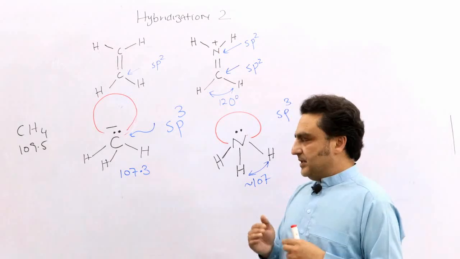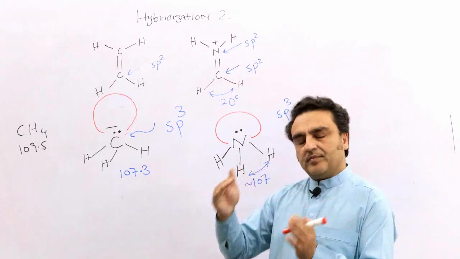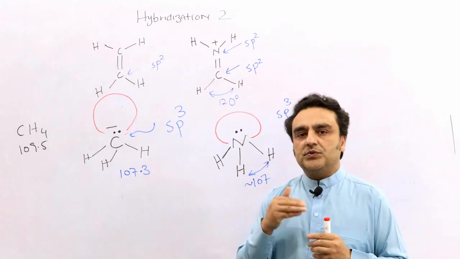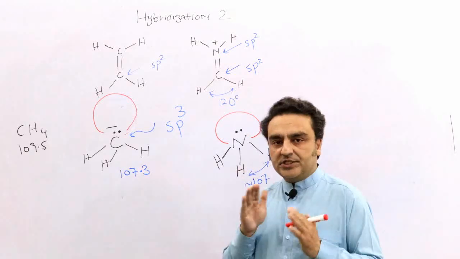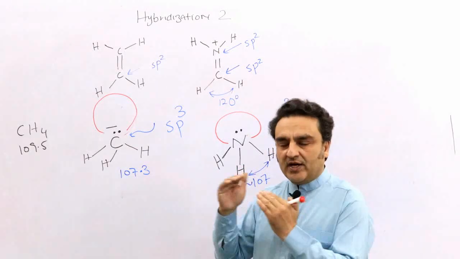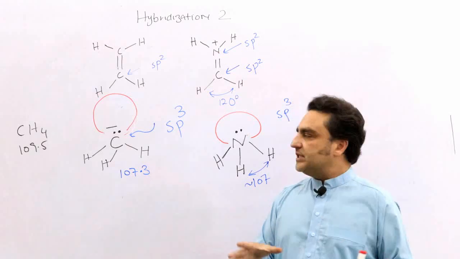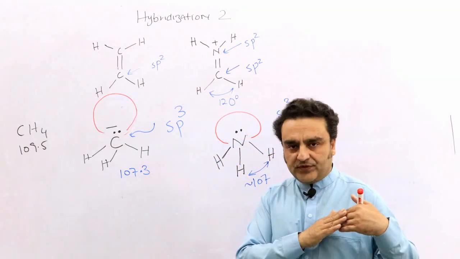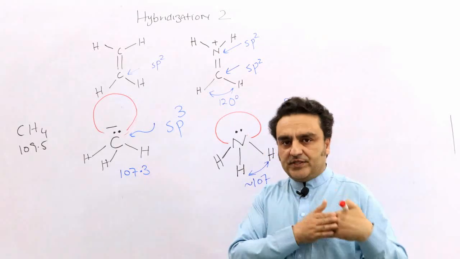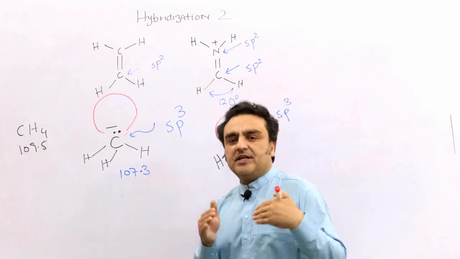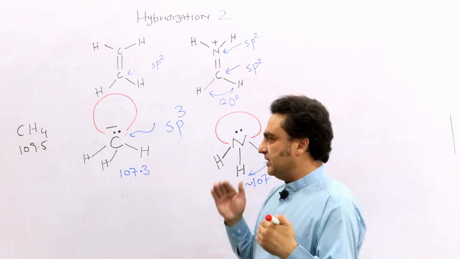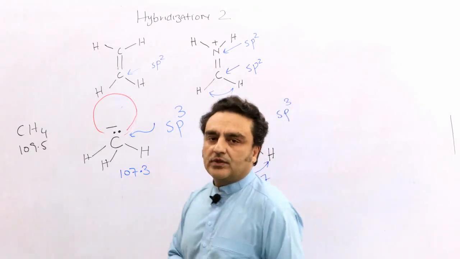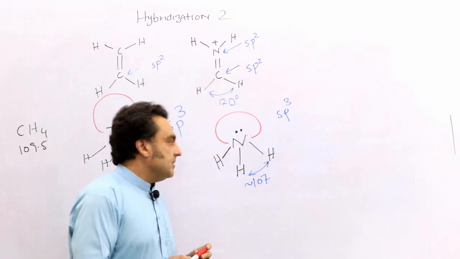But in reality there are many other things, and when you study them in more detail, or in an advanced way, you will see that the hybridization of all those atoms is a little bit different from each other. There are many other variations in those molecules,